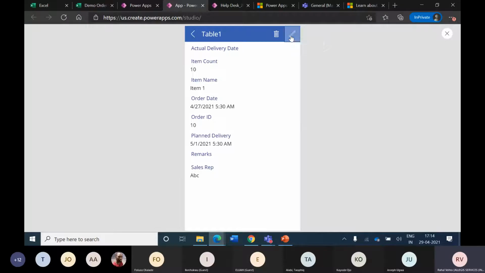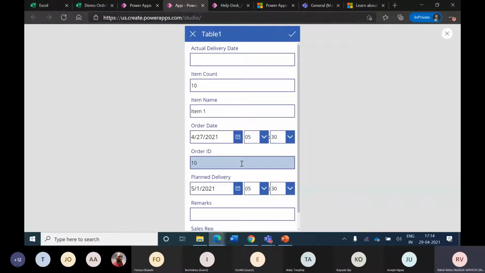If I click on edit, the form becomes editable. I can make a change to this. Say this is item 1, which has the current item count 10. I am making a change here. I'm making it 1050 and I click save. So for item 1, I have changed the item count from 10 to 1050. I click on save.